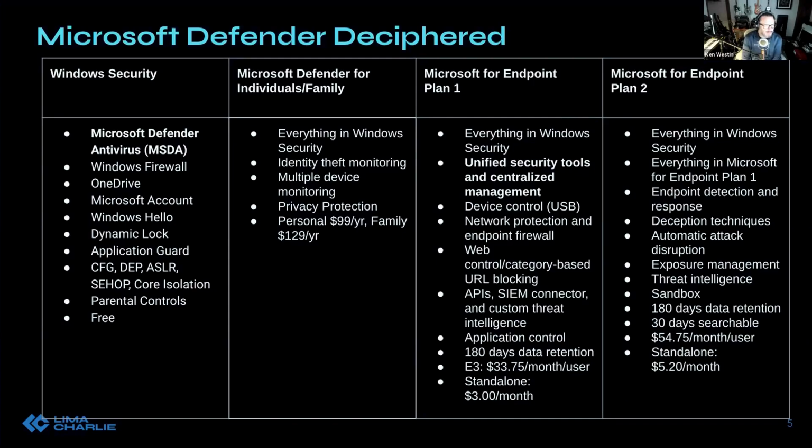So that's where I kind of liked the LimaCharlie approach. I'm not going to be too salesy here, but basically we just tap into that telemetry that you get for free. And then we're able to also bring in additional data like the Sysmon data. We can bring in Windows event logs, all this additional telemetry. And we charge $3 a month for all of that, plus a full year of data retention. With Defender, you get 180 days, which isn't too bad, really. But again, it's only going to be select telemetry. You're not getting all of the different events that are going to be important for investigations